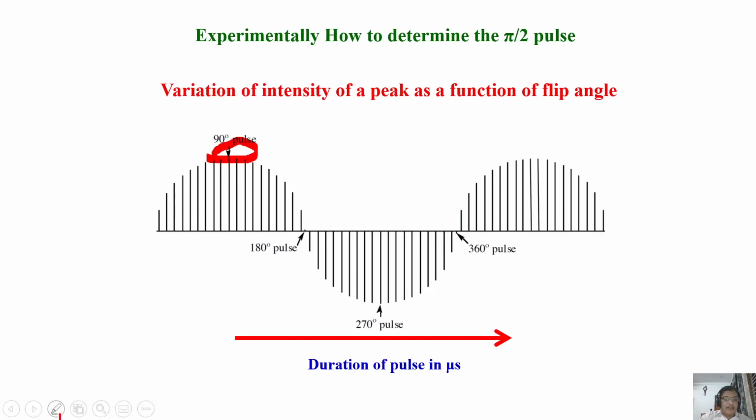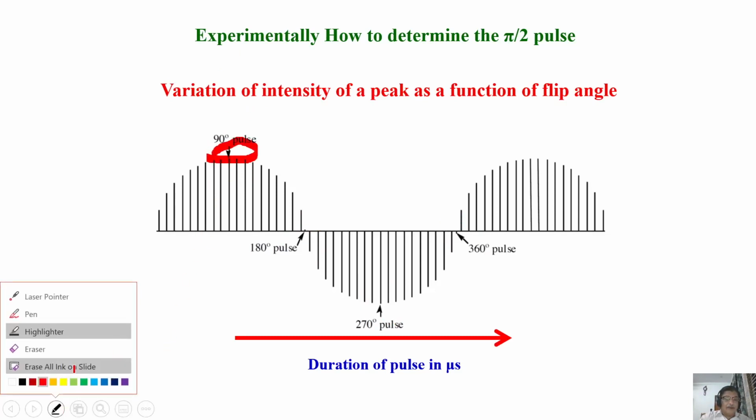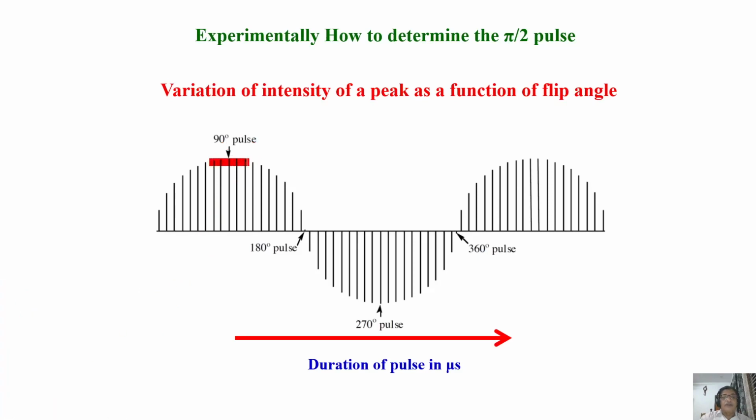If you have a difficulty, you can look at here, for example, all are more or less of equal intensity. And you do not know which one to select as your 90 degree pulse. That difficulty will be there. What I suggest is, look for 180 degree pulse. Signal has to be zero. You know what is 180 degree pulse? You measure in microseconds. Take 50% of that. Half of that. That is 90 degree pulse.